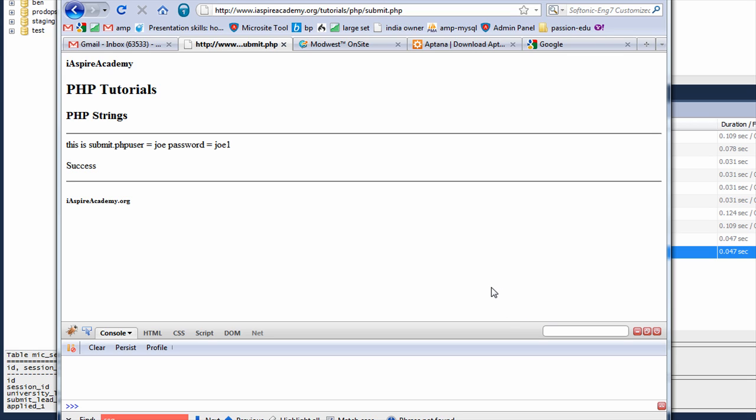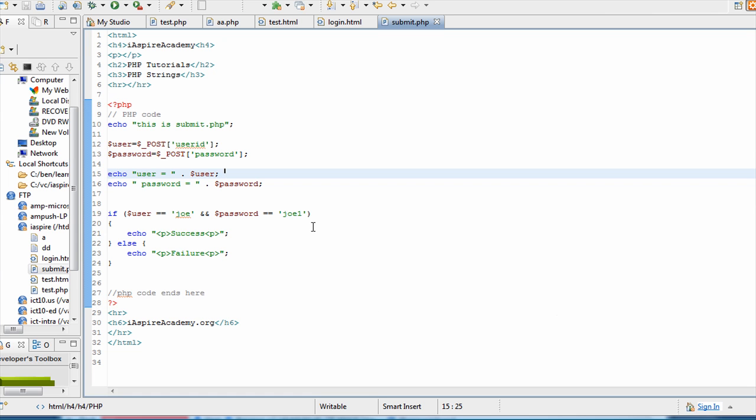Welcome to PHP tutorials. So we are going to continue on our last tutorial on generating a login screen. If you remember, what we did so far is that we created a login PHP program where you submit a username and password and it allows you to log in or gives a success or failure message. So we had got it working with this, and now we decided to